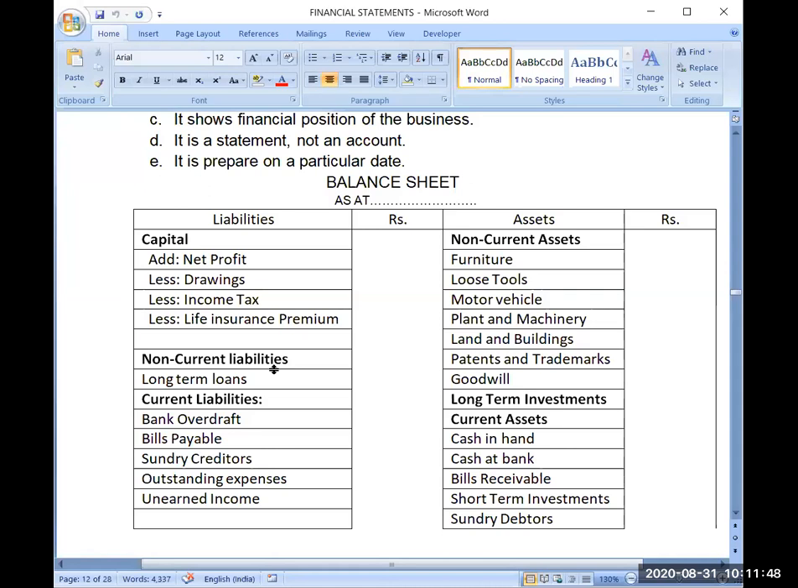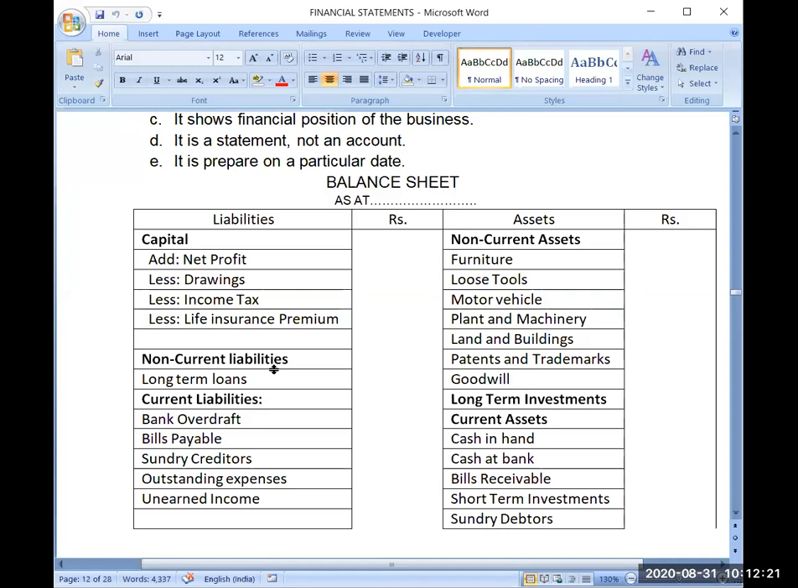Now bank overdraft. I hope you all remember the meaning of bank overdraft. We have discussed it many times throughout the syllabus. Bank overdraft is the extra amount which you have withdrawn from your bank account, because such power has been given to you by the bank. So whatever extra amount you have withdrawn from your bank current account, that amount is termed as bank overdraft. Because you have to pay back that amount within a short period,